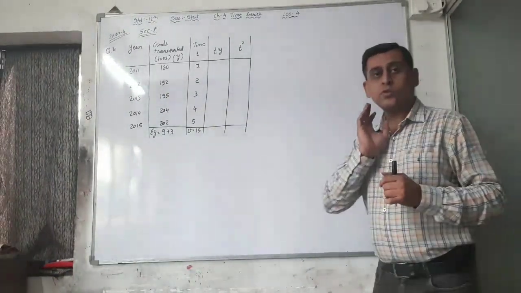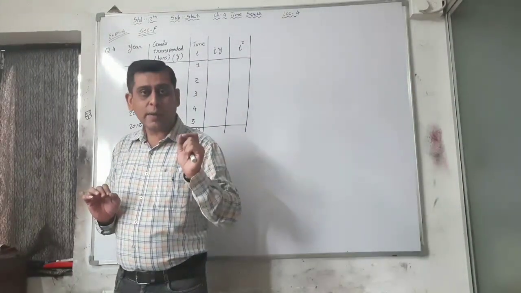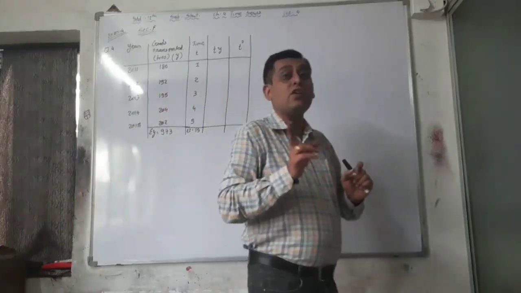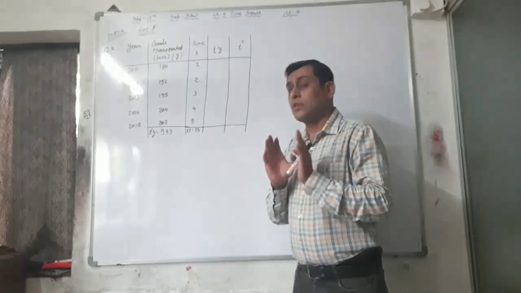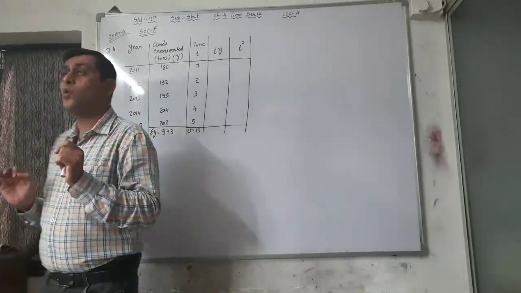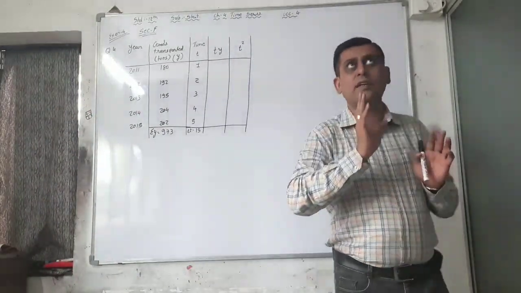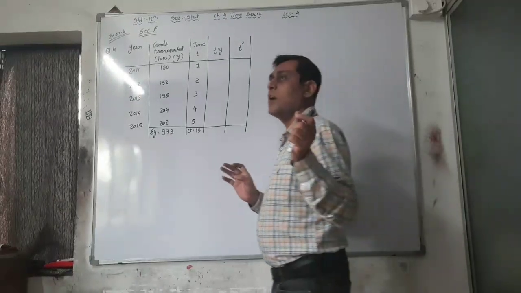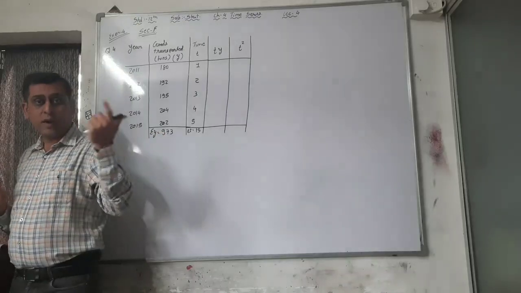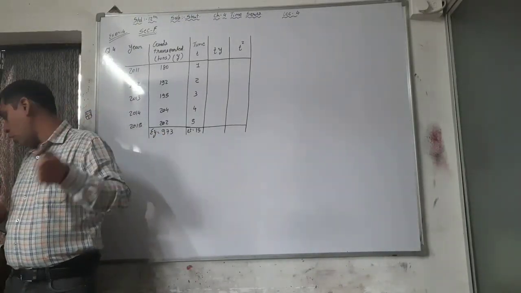So we have to just keep in mind that we have to first of all find out y cap equal to A plus BT and then estimate each year, that is trend values. One student asked me how we find out the trend values, sir. See, in example number 5 or 6 I told you how we can find out trend values, but here we are doing it again. So your problem is solved.